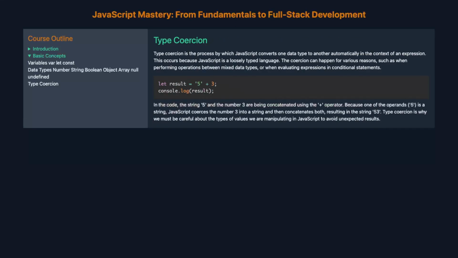Type coercion. Type coercion is the process by which JavaScript converts one data type to another automatically in the context of an expression. This occurs because JavaScript is a loosely typed language. The coercion can happen for various reasons, such as when performing operations between mixed data types, or when evaluating expressions